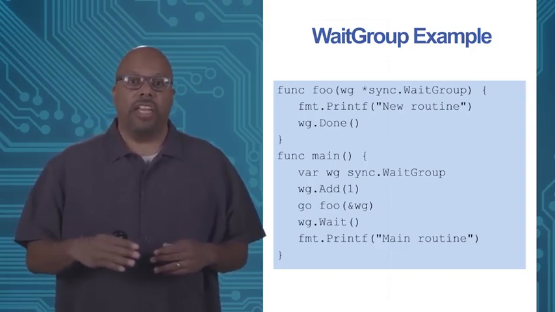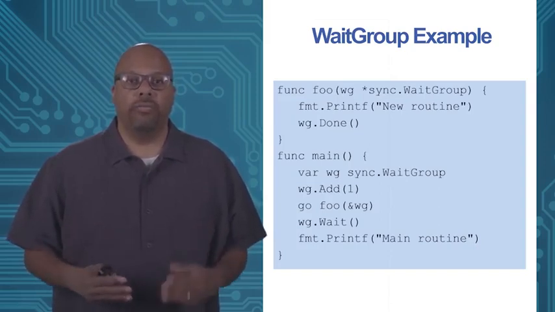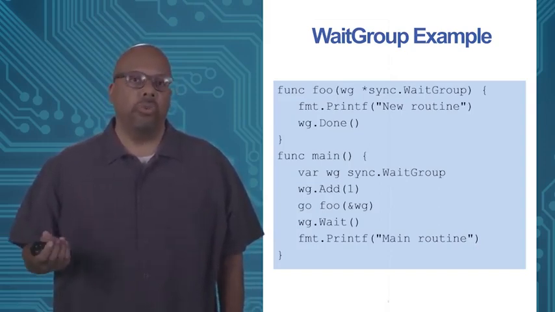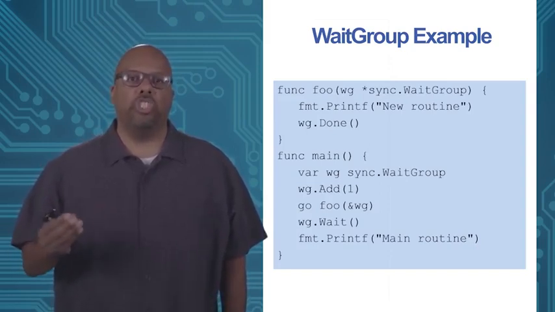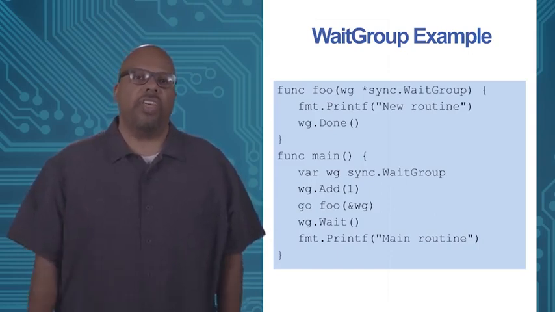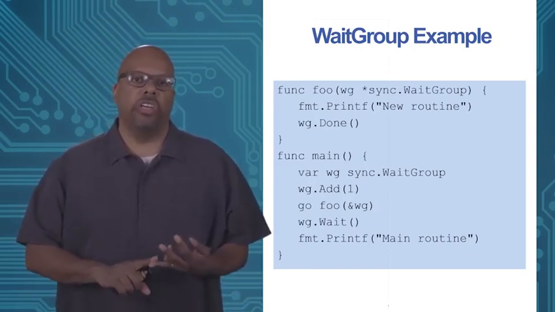After that, it's supposed to print main routine, and the foo is supposed to print new routine. So I've added a few things. If I look at foo, it prints new routine, but I add this line, it says wg.done, right? So it has to call done. That was the thing that I had to add. Also in the main, I define the wait group, var wg